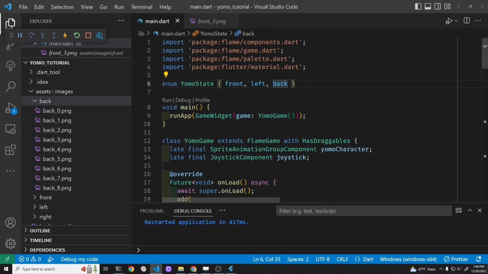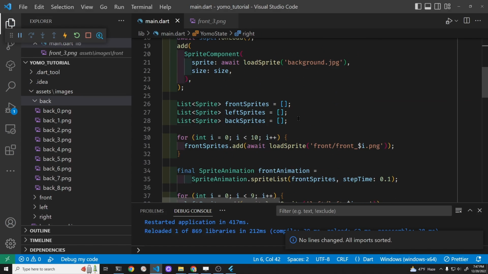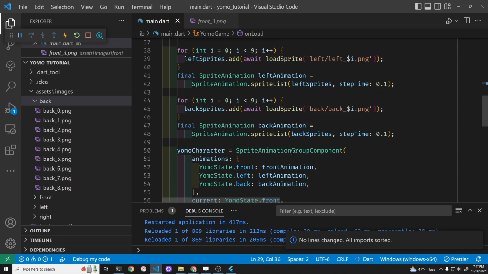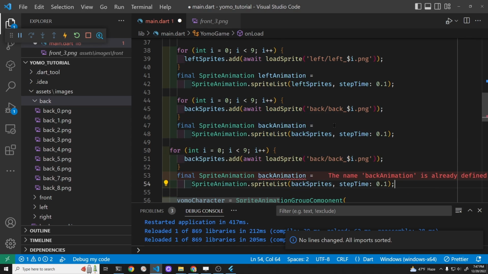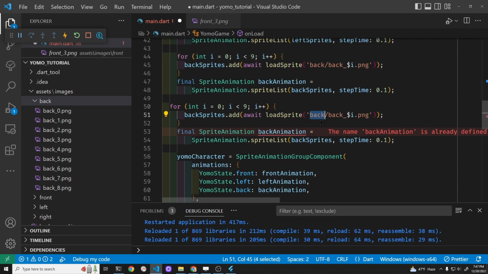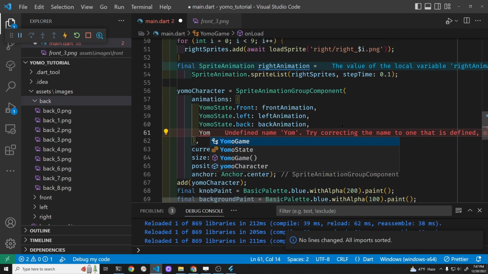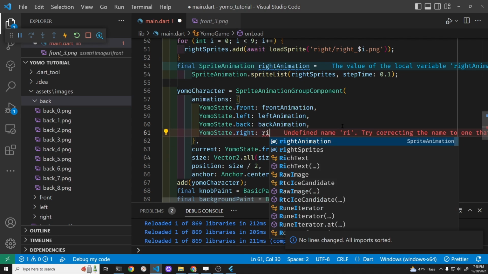So we'll create the right list sprite, right sprites. Okay, got the empty list. And now I'm going to copy it. Hopefully this time I remember to change everything. Right, right sprites, right animation, and load the right sprites, and we'll have it Yomo state dot right colon right animation,